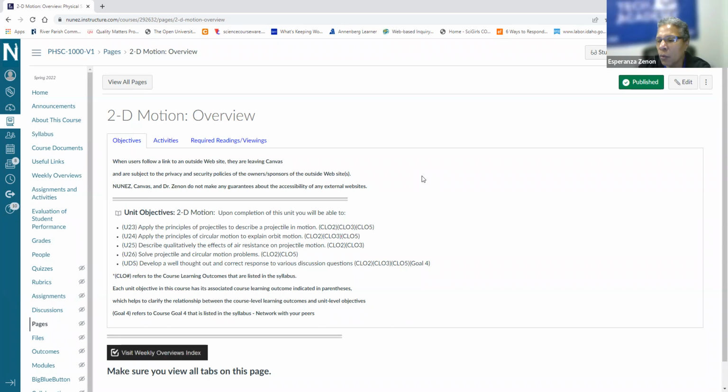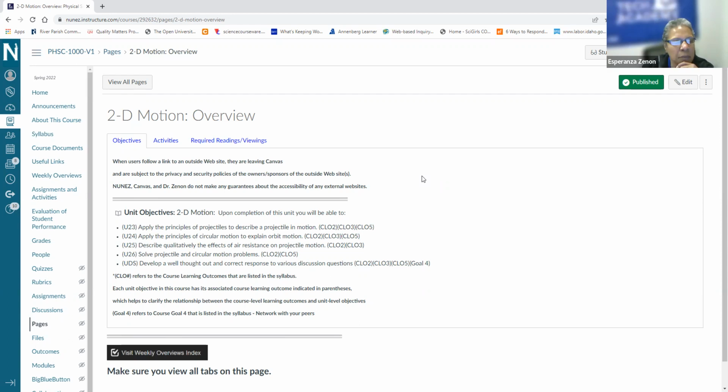Just like when we dealt with 1D motion, we focused in on free fall as an example of 1D motion, we're going to focus on projectiles and objects moving in a circular type motion as our examples of 2D motion. Okay, so we're going to have to grow and build on what we've already learned to help us describe projectiles and objects moving in a circular fashion,